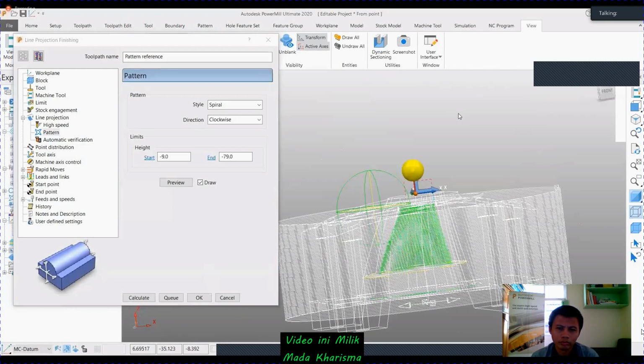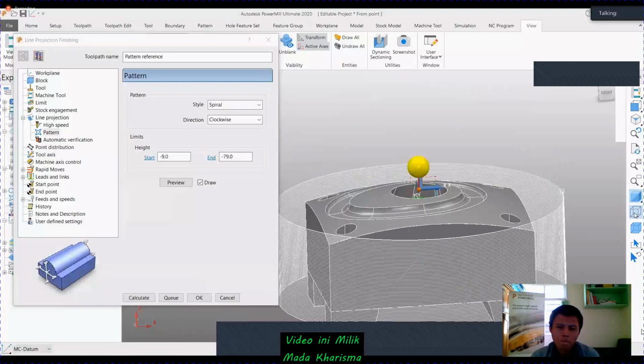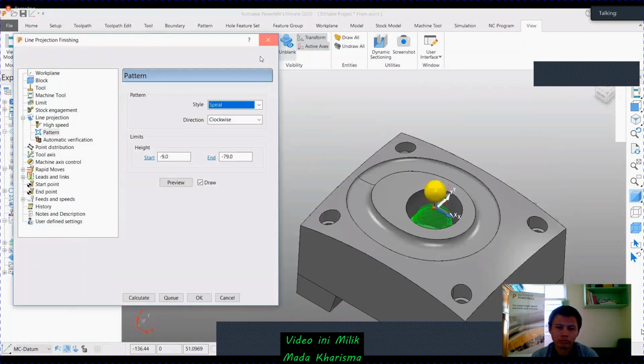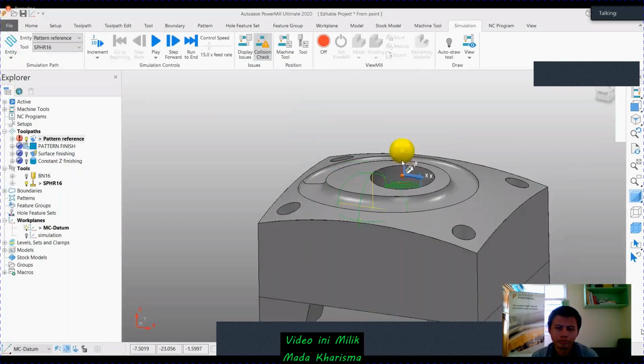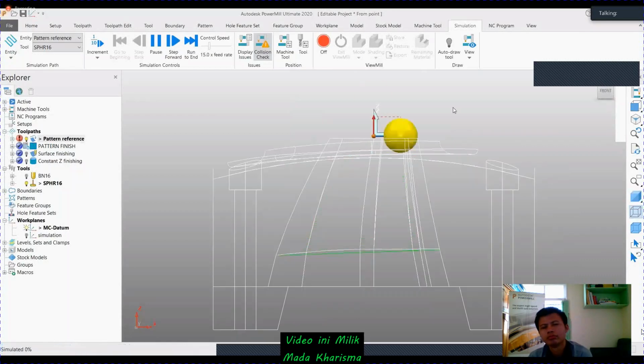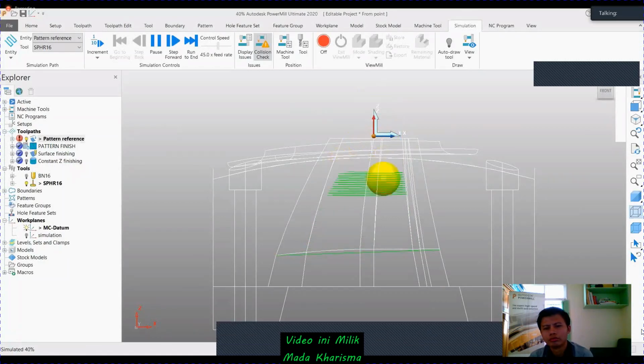If you see the simulation of this, it's a simple ball. We cannot use this toolpath because there is no shank. It is not possible to run this. If you look from the side view, it's simply creating a ball toolpath based on that. So it has created the toolpath. You can see it is flowing simply based on the flow of the surface.